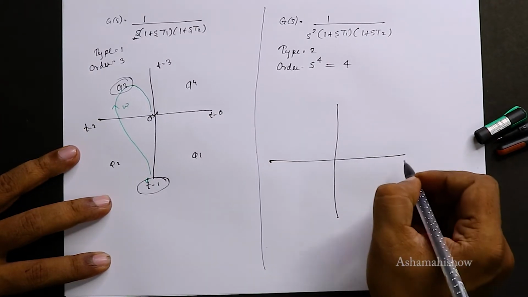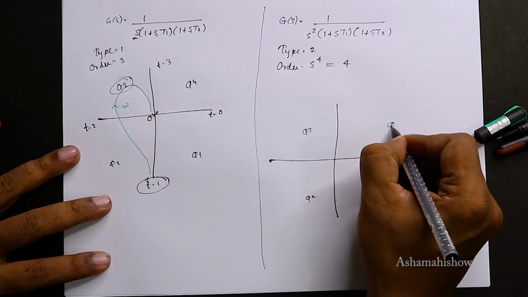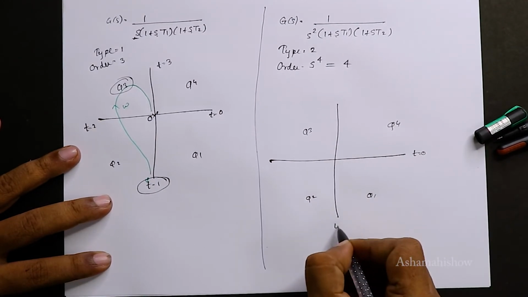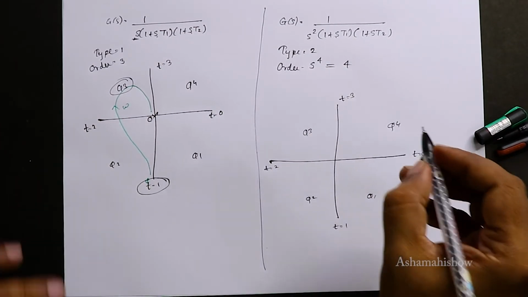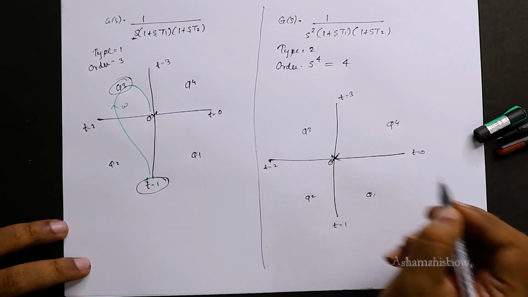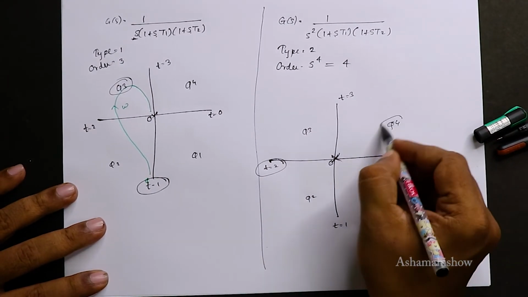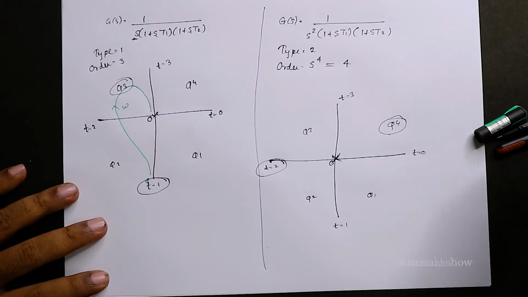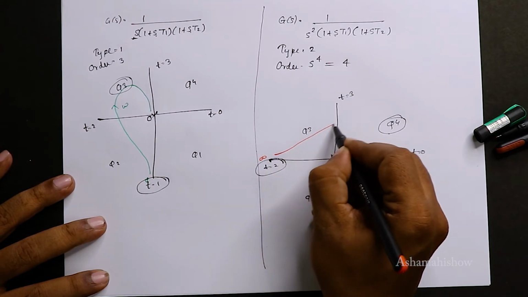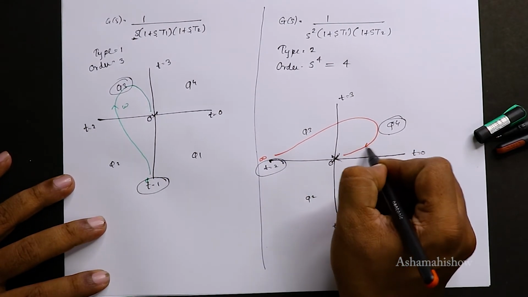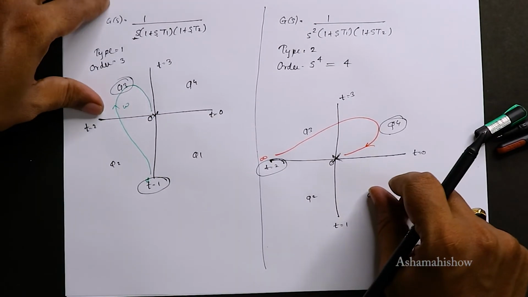Okay, divide the graph again. We have quadrant 1, 2, 3, 4. Your quadrants are taken as orders. Type equal to 0, this is the 1, okay, this is 0. There are 2 poles at the origin. Okay, now your type 2 and order 4. So it starts at infinity omega and approaches the 0 at quadrant 4. See, it approaches 0 at quadrant 4. This is how your plot looks here.